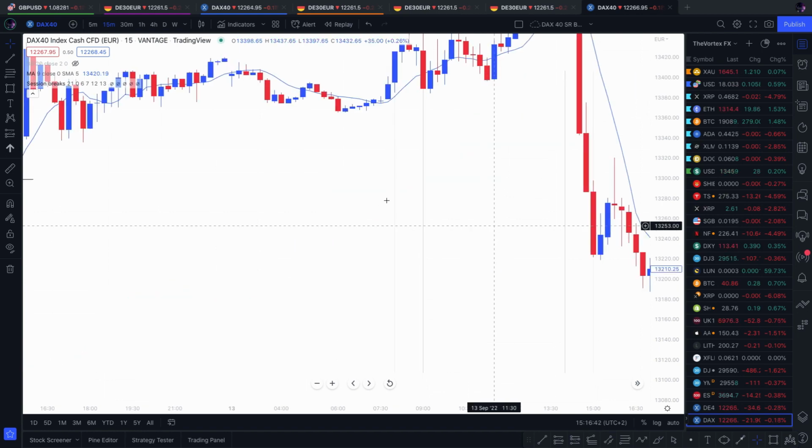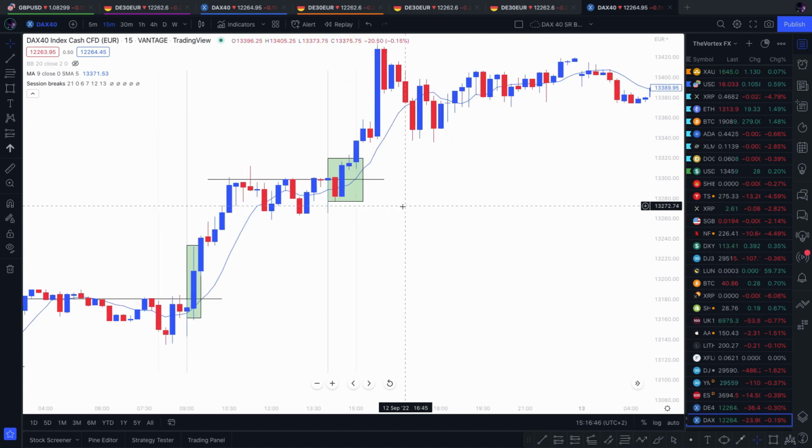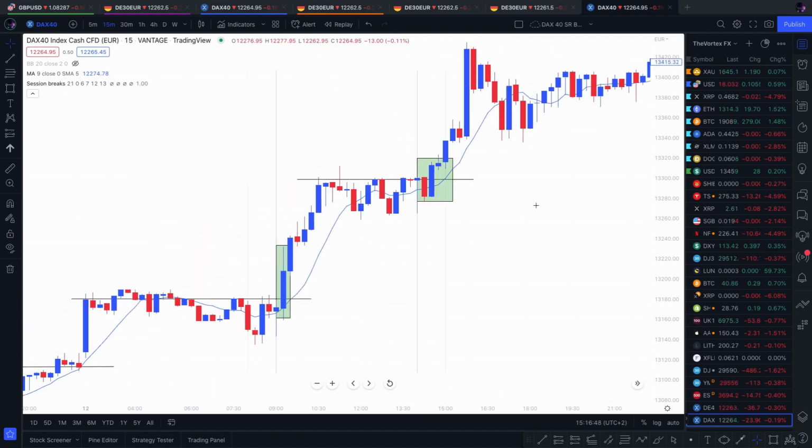What happened there? That's another thing that TradingView likes to do. Charts just jump. There we go. Let's see. The next one, we had price come up during the London session, form a new line of resistance. 1 tap, 2 taps, 3 taps, 4 taps, a wick, and we had a nice impulsive breakout on the 5th